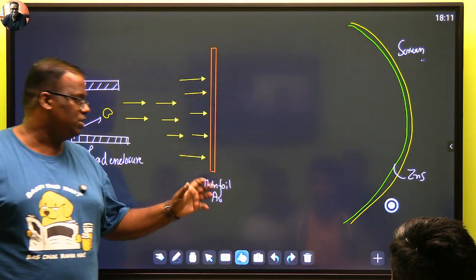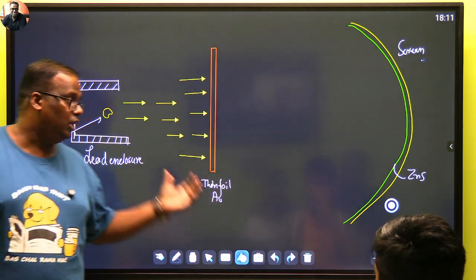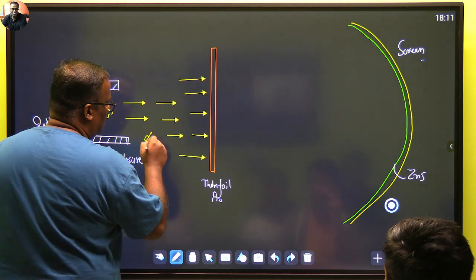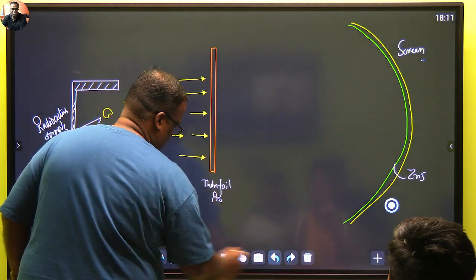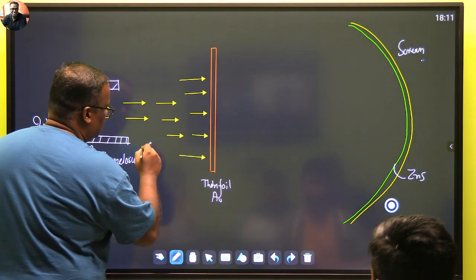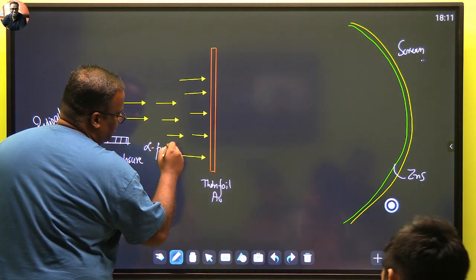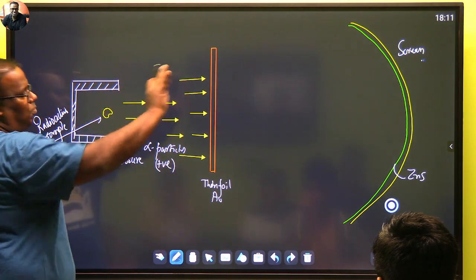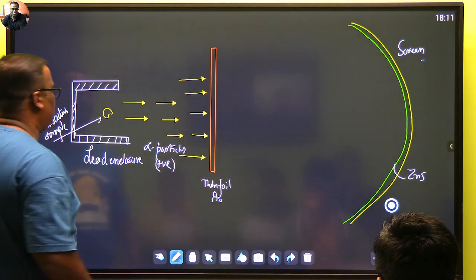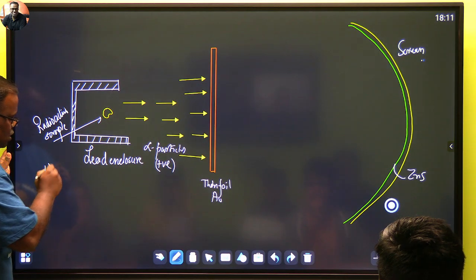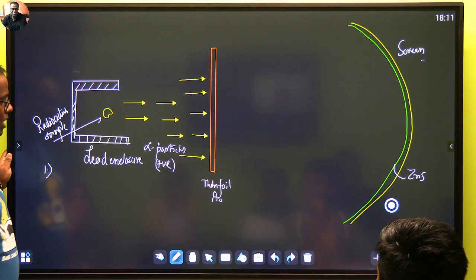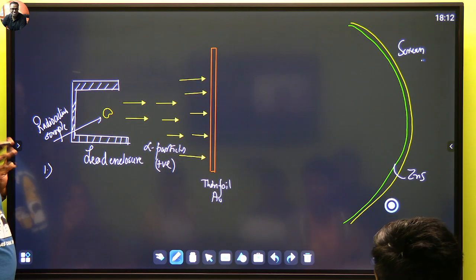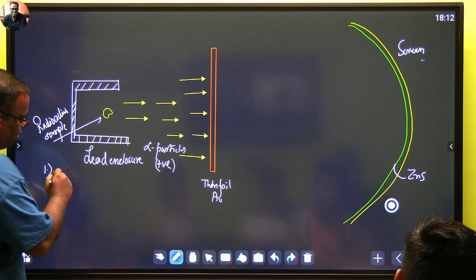So what is the experiment setup? A thin foil of gold was taken and it was bombarded with a stream of alpha particles. What are these, children? These are alpha particles, meaning positive particles. These have come and bombarded. After this bombarding happened, some observations were recorded. How many alpha particles you are releasing can be controlled by you, and you can keep a count of that.